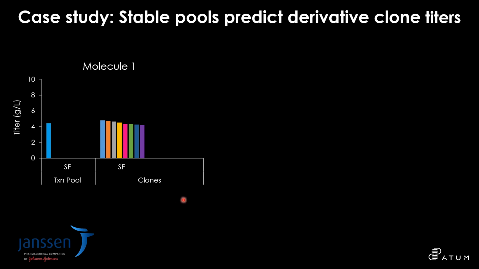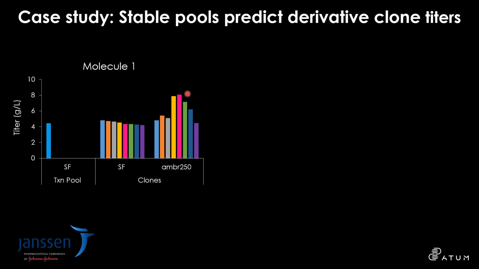Their scale down model for their phase 1 process happens to be an AMBER 250, and those same 8 clones in an AMBER 250 yielded the following results. Not surprising, some clones behave better in the AMBER 250 than others. However, none were any worse than what we saw in the shake flask. And in this case, we see a 4.5 gram per liter pool yielding nearly 8 grams per liter in the